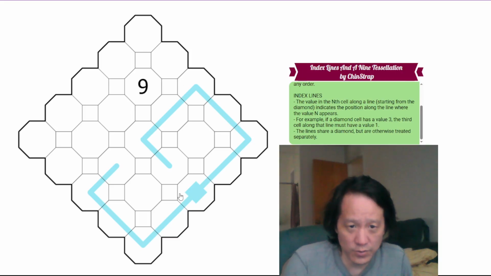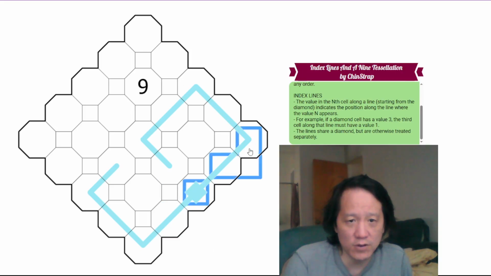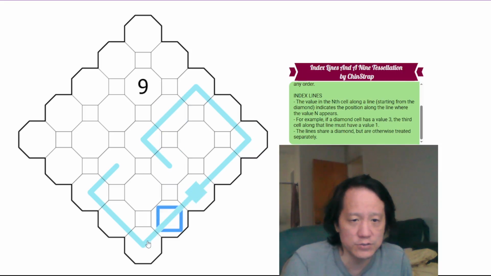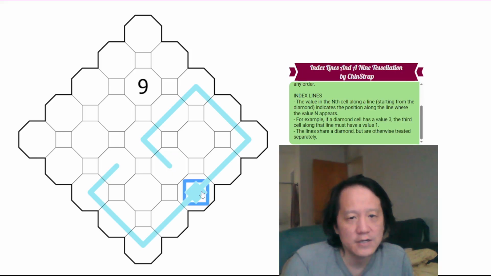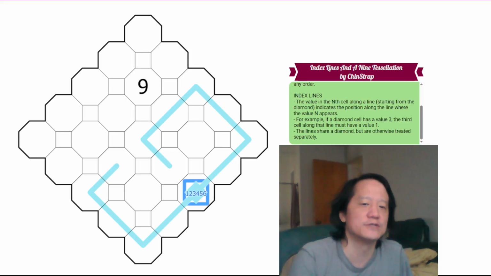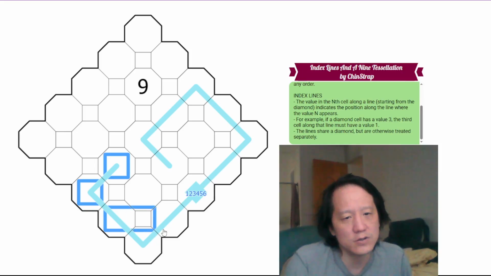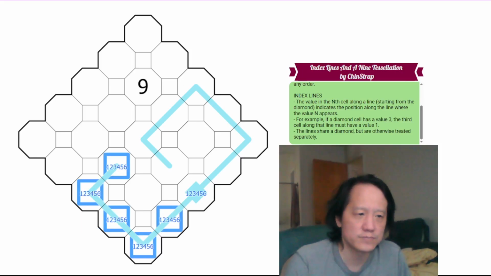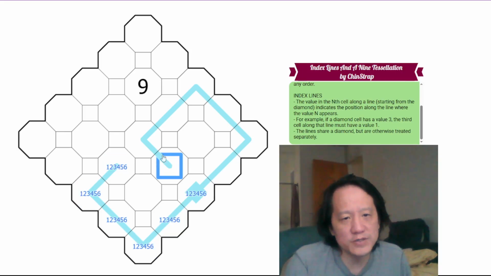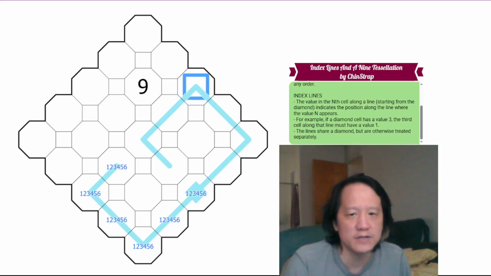Let's go. Okay, how long are these lines? So we have 1, 2, 3, 4, 5, 6, and 1, 2, 3, 4, 5, 6, 7, 8. So this digit has to be 1 through 6 because it cannot be longer than the line itself. And these must also be 1 through 6. These can be 1 through 8 here. And this specifically has to be 5, 6, 7, or 8